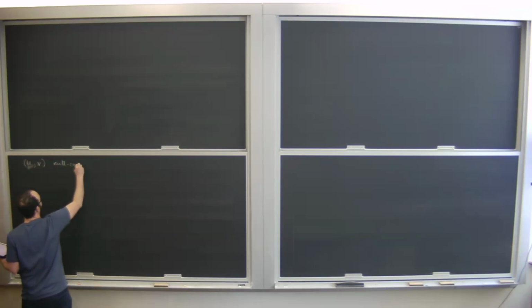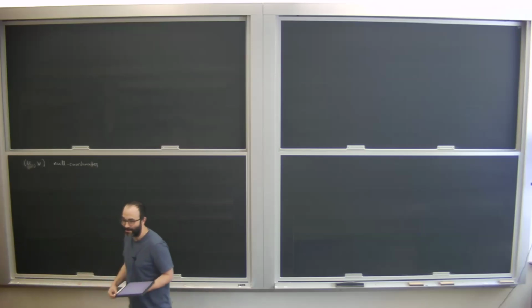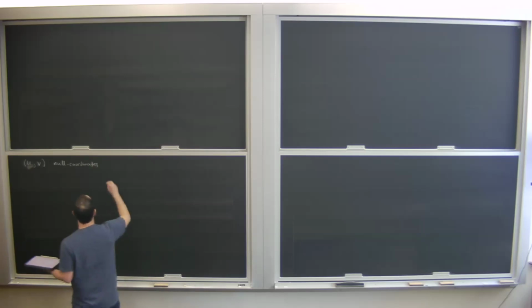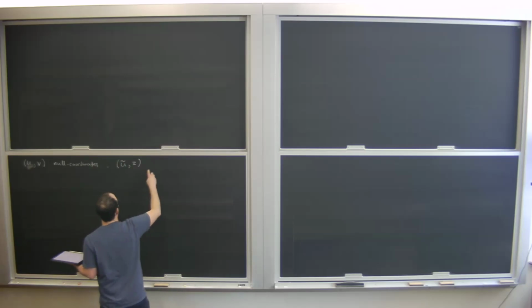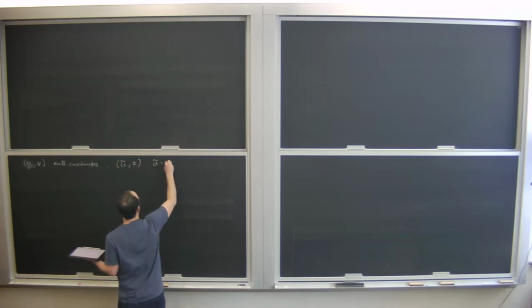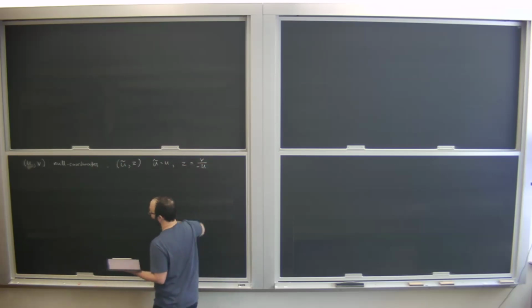So remember, what we had done is that we had reduced the system. Maybe I'll just recall the original coordinates. Originally we thought of our space-time in these null coordinates. Then, in order to take advantage of self-similarity, we introduced these coordinates, u tilde and z. So u tilde was just equal to u, and z was equal to v over minus u.